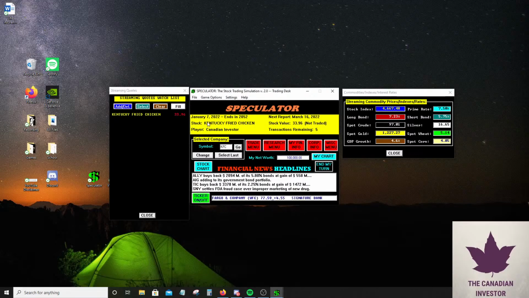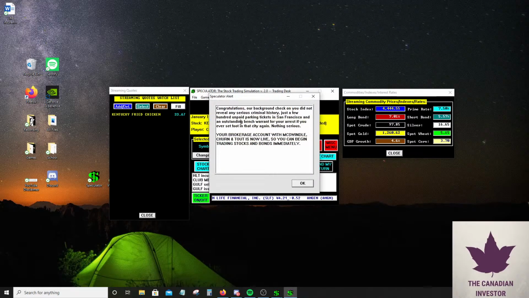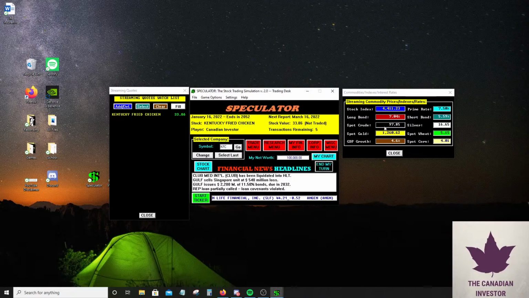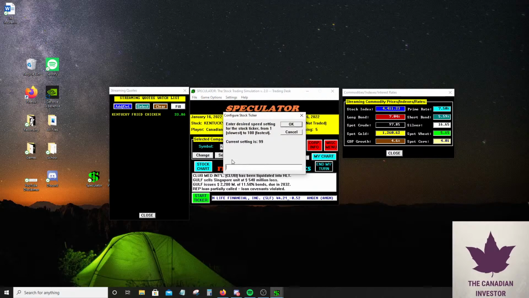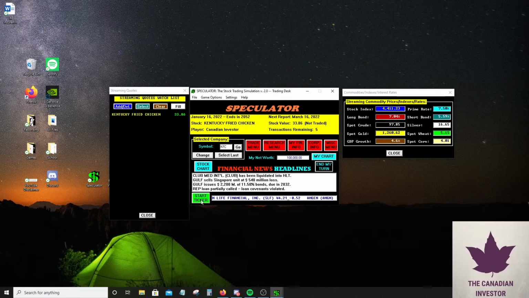I'm just going to bring this into a little bit more accessible. So we'll just fast forward until it hits January 16th, my bad. So we got our brokerage. So now we can actually buy and sell securities. I always forget to include that timer. Right now we're at a ticker speed of 99. I usually like to do the fastest speed because I can comprehend things pretty fast. But as a beginner, or for you guys' sake, I'm going to probably change that to 77. That way you can comprehend what's going on and everything.